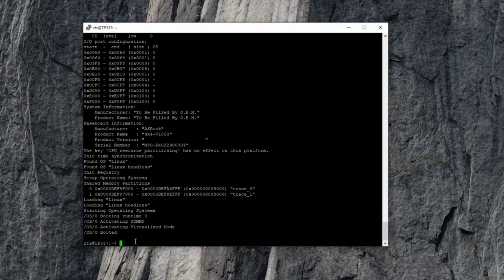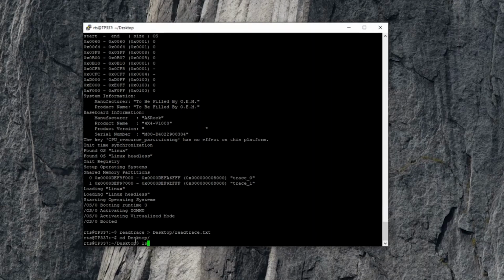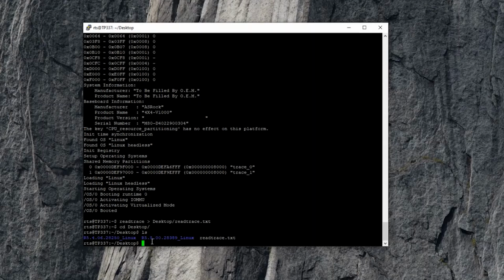In order to save the readtrace command output in a text file on your desktop, we can type the following command. Now, if we go to our desktop and check what files we have there, we can see that the readtrace.txt